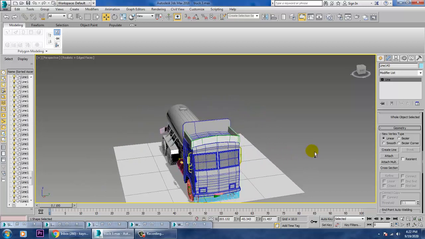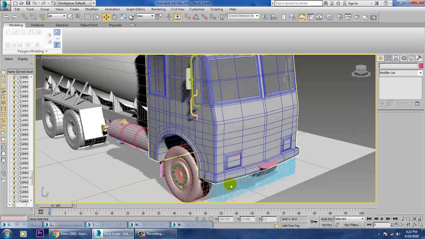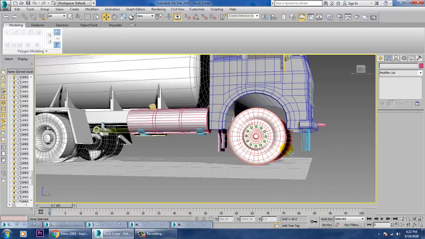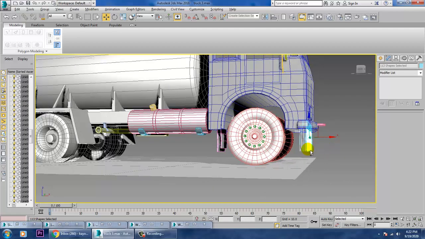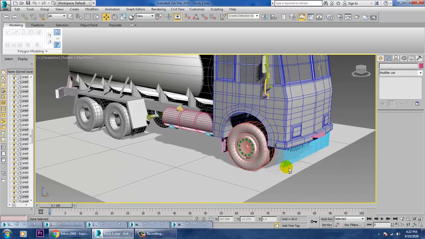So save your file first. I can just select this all. So there are 113 shapes over here.